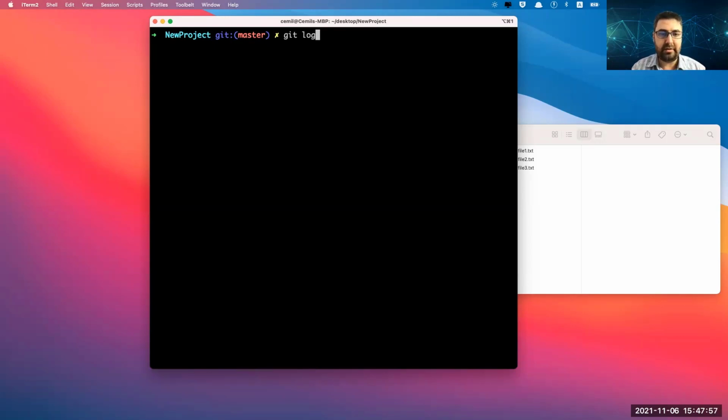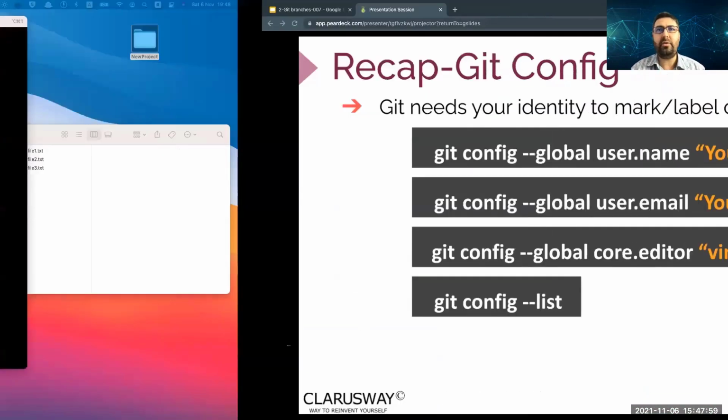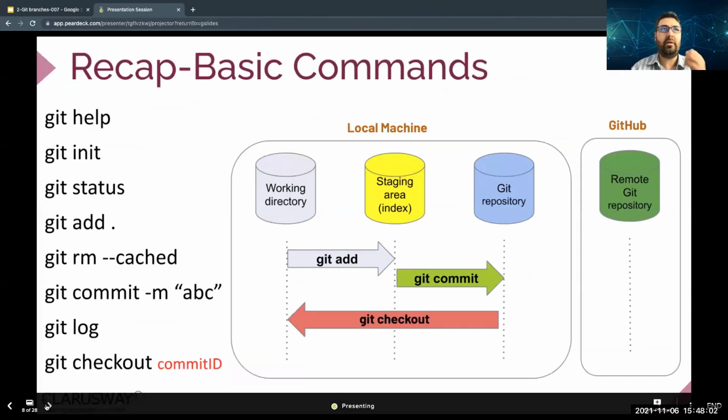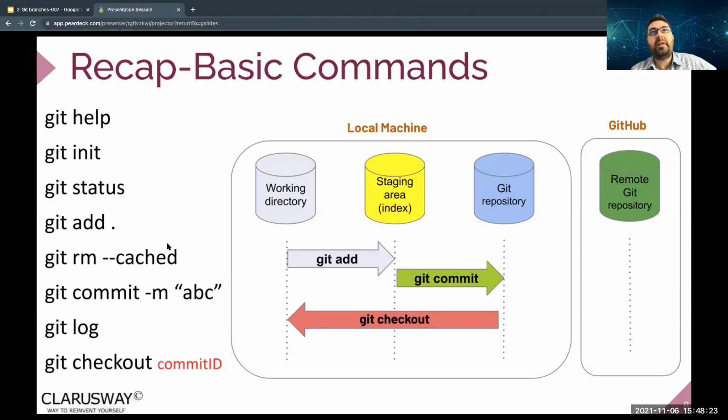So I will just write these commands here. Actually, I believe we have them in this slide: git init, git status, git add, git log. This is removing from here to there. And then git commit. Yes, these are all the commands we have used until now. Next time, let's talk about creating branches in the next session.